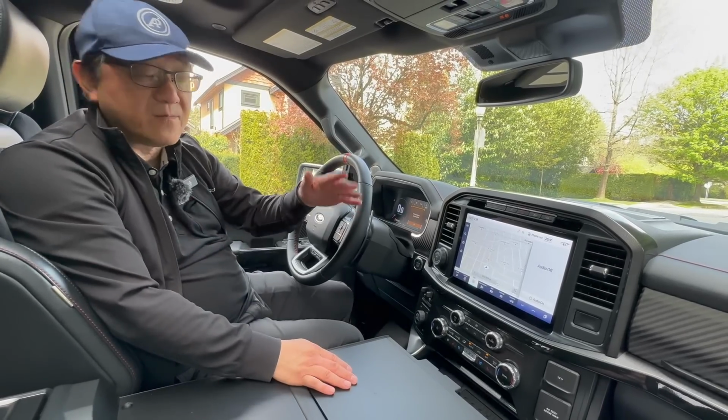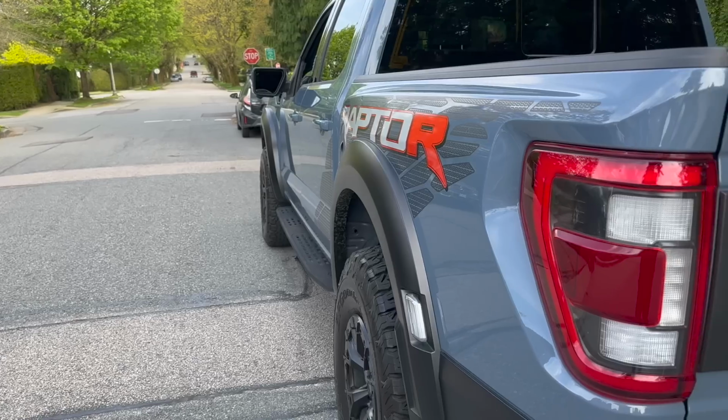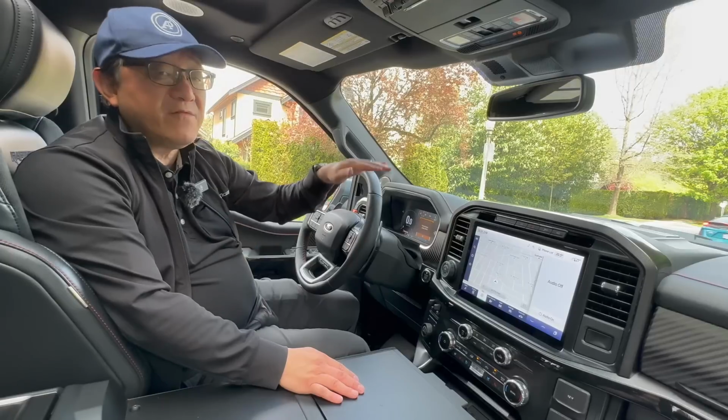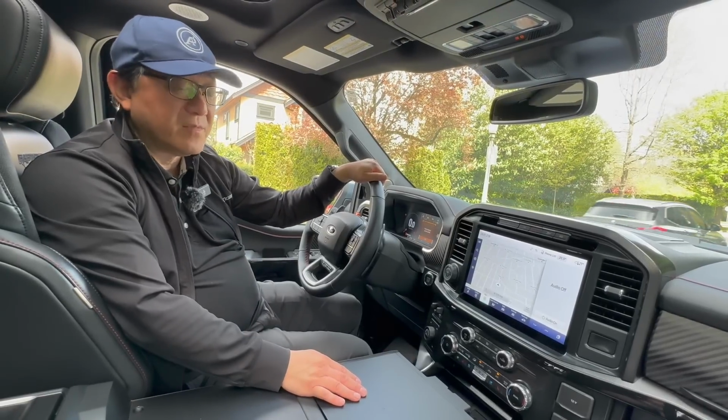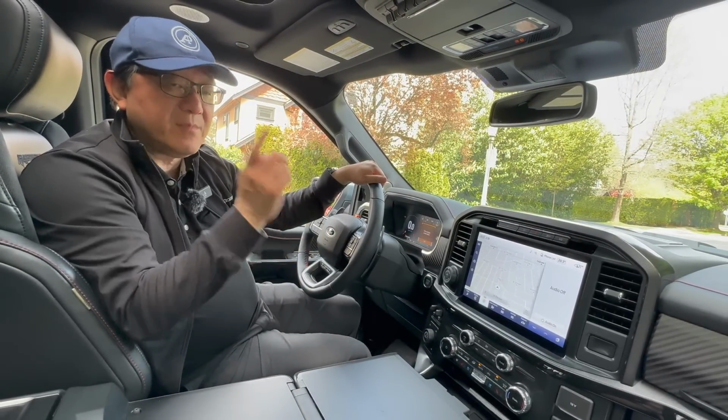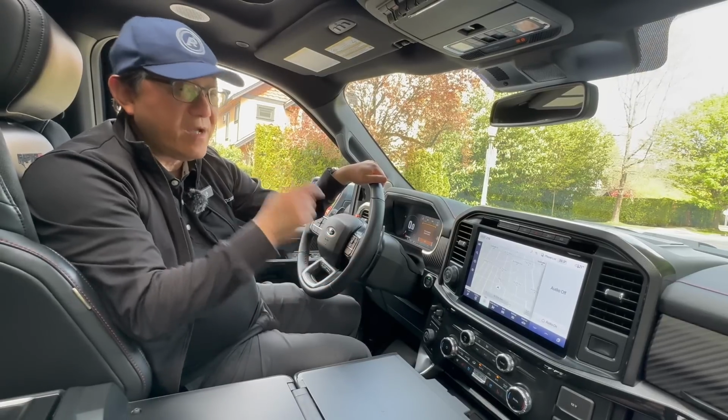Lots of room in the front, plenty of room in the back. Really nice tailgate design as well. There's lots of functionality built in. And even the stereo sounds really, really good. So that's my quick conclusion on the interior. Now let's go for a drive and let me tell you how much I love the way this thing drives